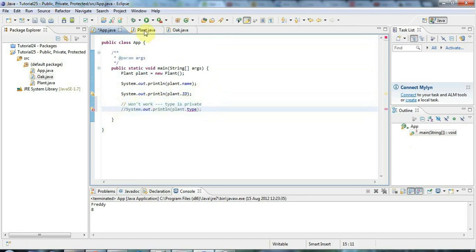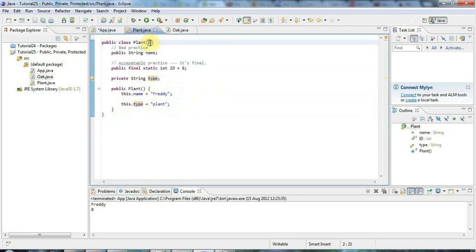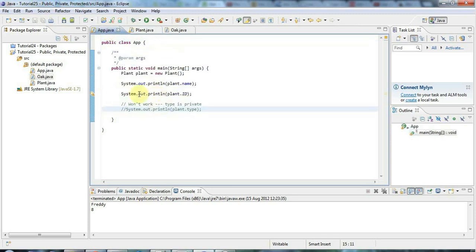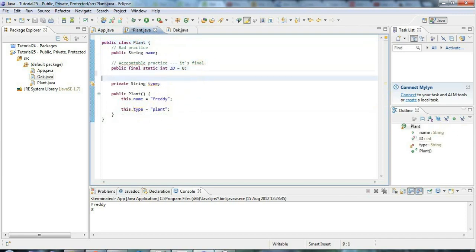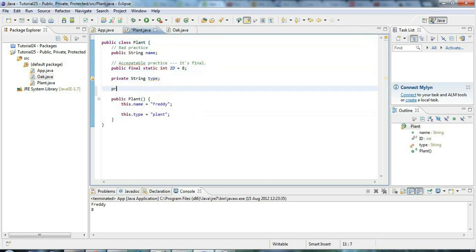So private means only within the class, and only within the class means within these brackets after your class declaration. Now often you want to have a variable which can't be accessed from the outside, so it's not public, and it's protected from being accessed here, for example, in a completely different class. This is the App class, but you want it to be accessible in child classes, and that's what protected is for. So let's have something here, let's say protected string size,